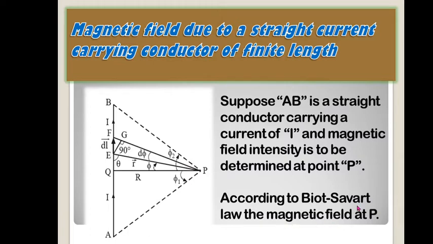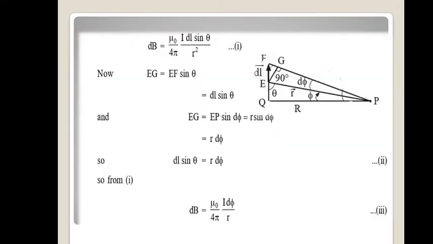Here, according to Biot-Savart's law, the magnetic field at point P. Do you remember the Biot-Savart's law equation? In the previous class I said that instead of d phi, I derived it as delta B. You may take it as dB also, don't get confused. Now dB equals k, or you can write it as mu naught by 4 pi into